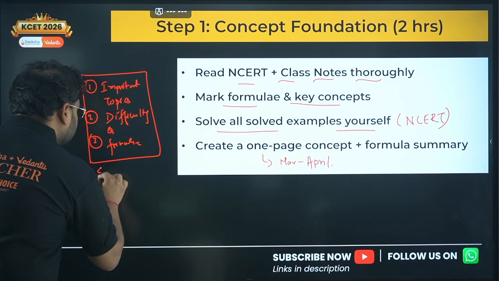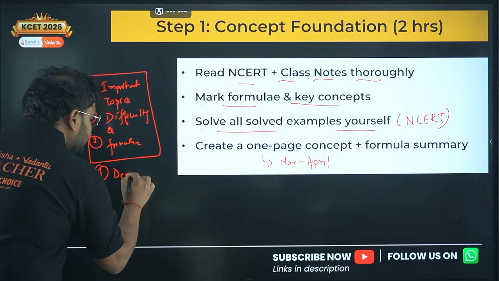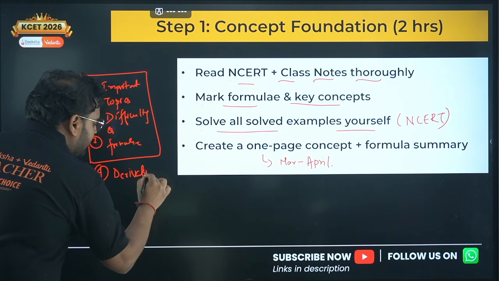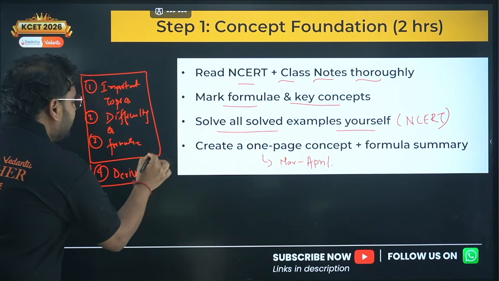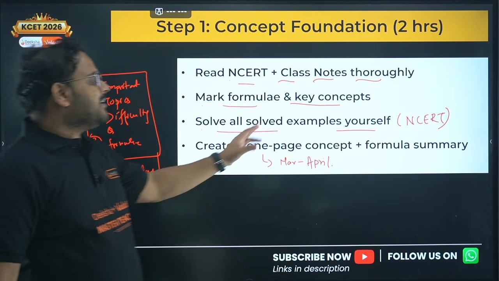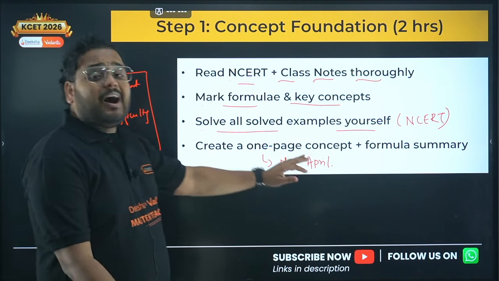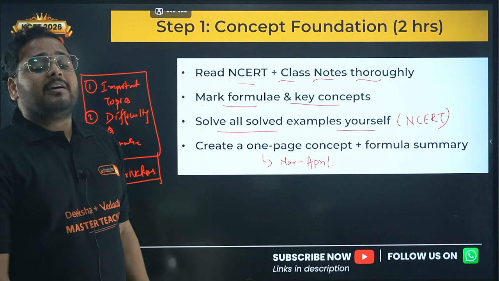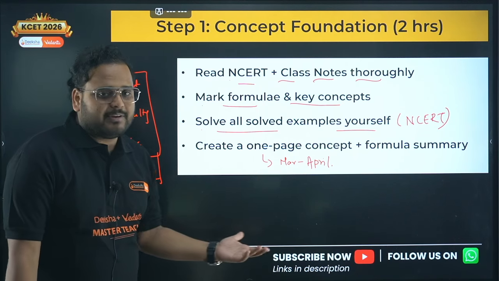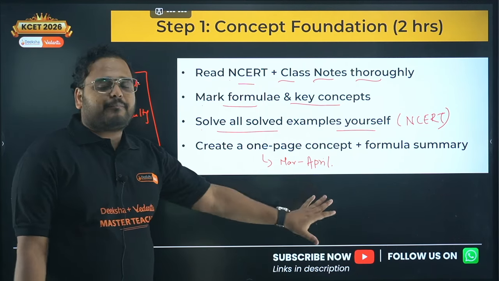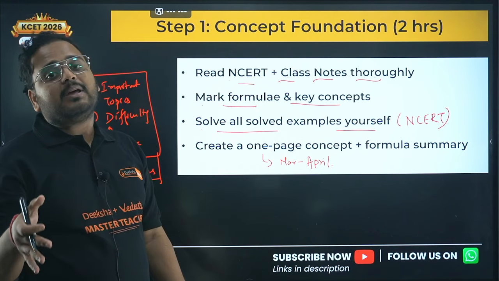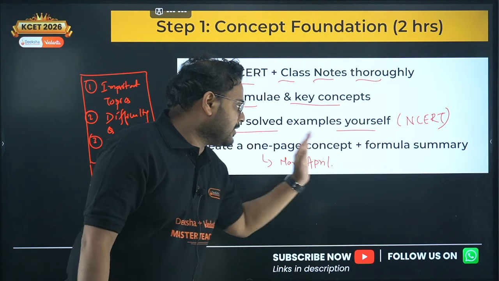If you have any derivations, write the derivations as well, okay? So you have to maintain a sheet like this, a 1-page concept. When I say 1, it can be 2-3 pages also based upon the chapter. It can be half a page also based upon a chapter. For example, in the relations and functions chapter, a very simple half-page concept is there. So 1 page, half page is okay, but a 1-page sheet should be there for every chapter for formula summary and